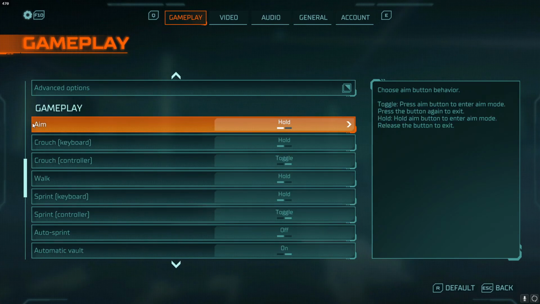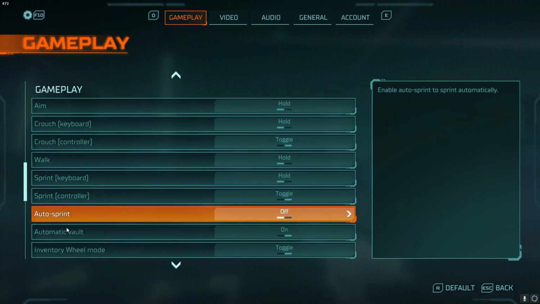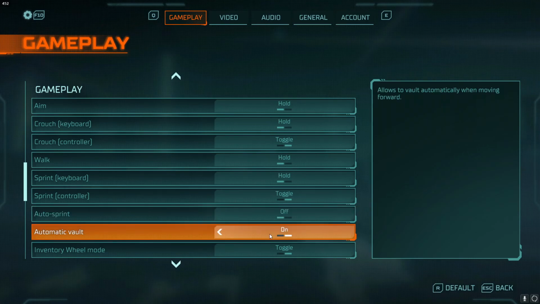So down in my gameplay, I have everything set to hold. So aim is holding, crouch is holding, sprint is holding. Auto sprint by default is turned on, and I would highly suggest you turn it off, because when you have auto sprint on, it makes sliding around and moving around a little bit harder. I have auto vault on. It's just what works for me. I don't like having to press space multiple times, so